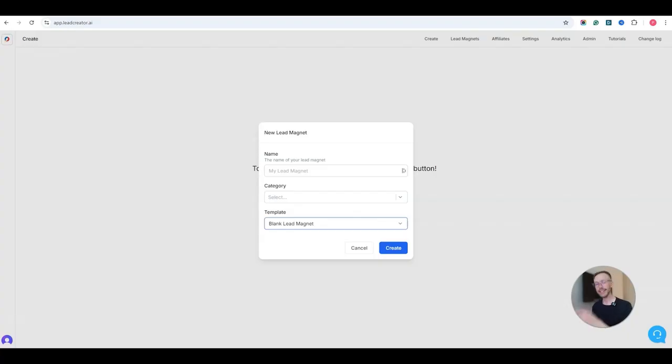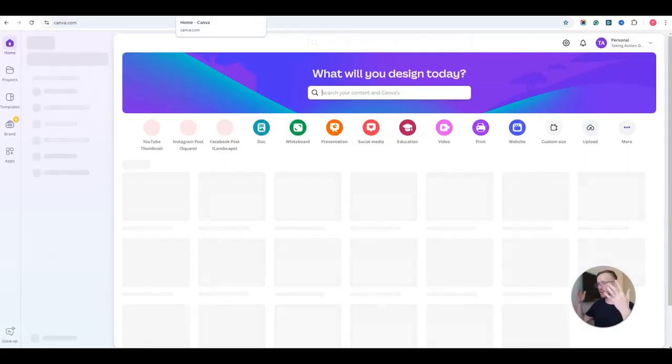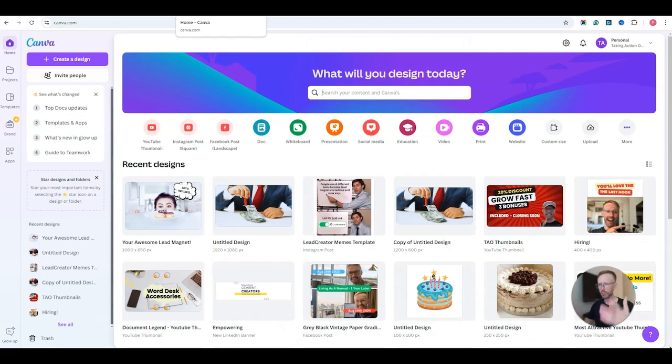But here you can do it inside LeadCreator like that, okay? And it means that you don't have to go through the pain of going to ChatGPT, writing out a prompt, creating something, uploading that to Canva, and sitting there going, all these options, all these templates, I don't know what to choose. Oh, color choices, margins, which color do I choose, which font do I choose, and so on and so forth. You don't have to do that anymore because